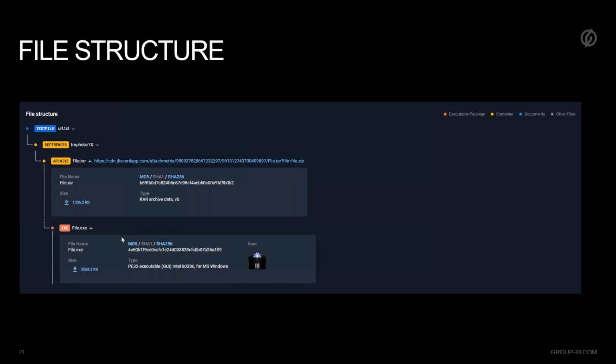And inside of this archive, we can see the executable file. We can see the information about the icon that is shown to the users. So we can see here information not only about the file and icon, but also the hashes for these files. So we already can use this information to write some detection rules or to detect if some of the employees